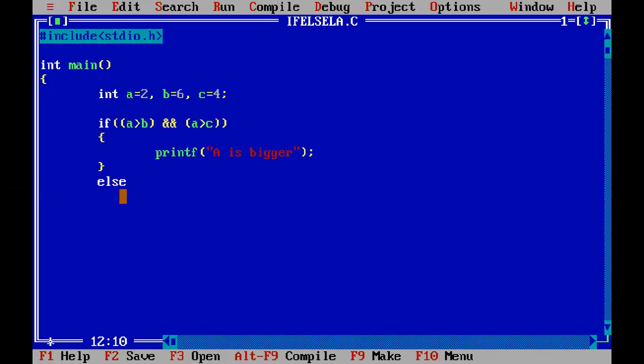Then we have another if else. So here you see else, after else you have to write again if. Else if, we will write almost the same thing here. Now we will check for B. Since A was found not to be bigger, we go for the next condition, which is: is B greater than both A and C? Is B greater than A and B greater than C? If both are found to be true, then the result will be true and it will simply print B is bigger.